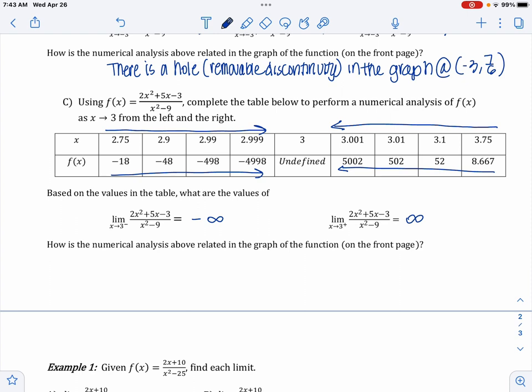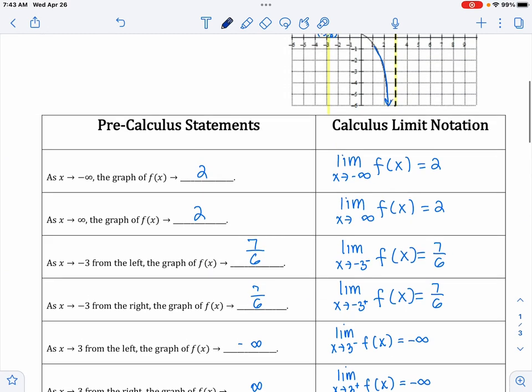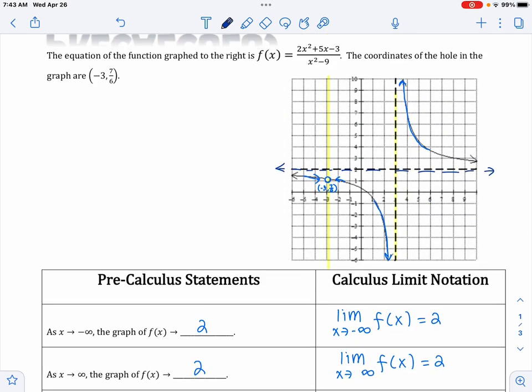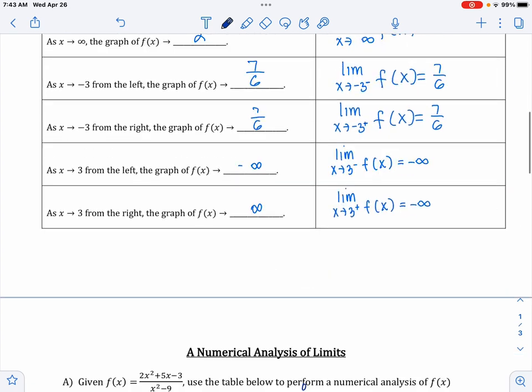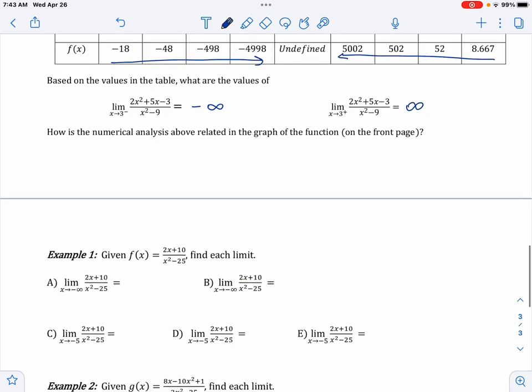So they're approaching infinity. Okay, all right. So next it says, how is the numerical analysis above related to the graph of the function on the front page? So as we approach 3 from the left and the right, if you look at what it was there, there was an arrow pointing downward and an arrow pointing upward. We had a vertical asymptote there. So there's a vertical asymptote. There is a vertical asymptote,